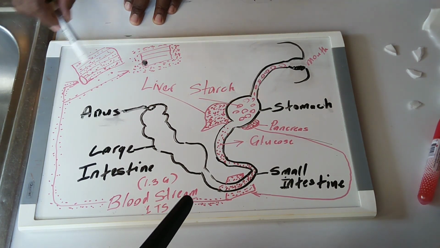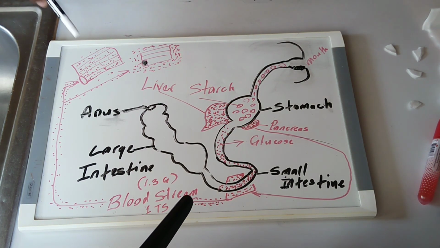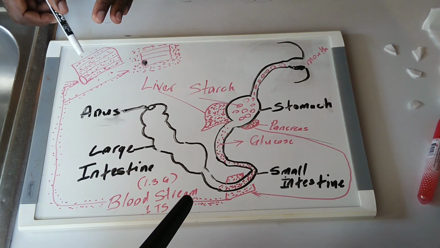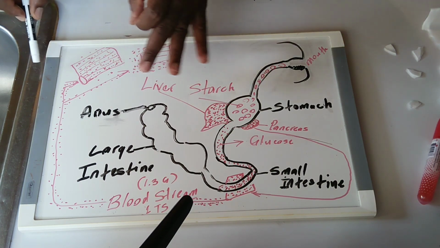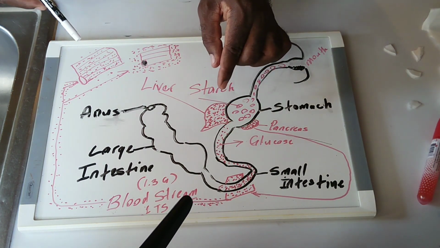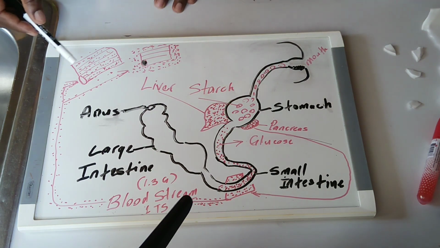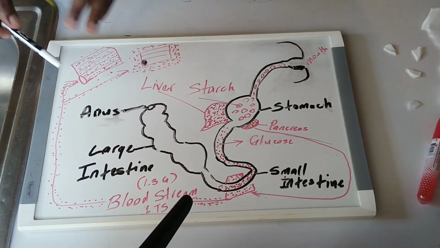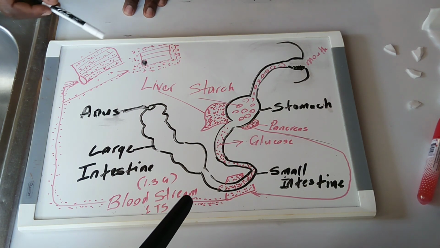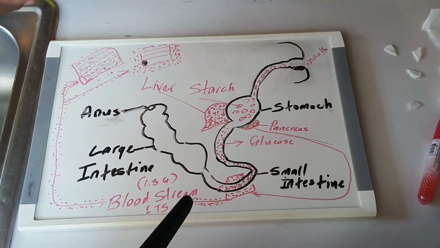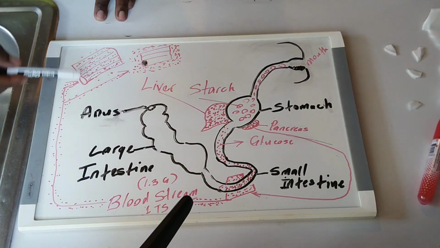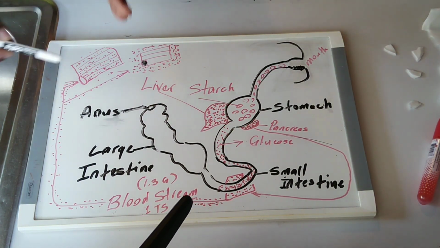I am not using the sugar in my muscle for any energy right now, unless I am running like Usain Bolt, where you have to have a lot of stored glycogen in the muscle. So I am using sugar within my blood now. But as soon as sugar within your blood is low, sugar in the muscle is released, or in the liver, because the liver stores sugar as glycogen as well. So this is what happens in a healthy human being who doesn't have diabetes. The pancreas produces the insulin, which is like a key, and the insulin receptor cells on the muscle open, take the sugar in and store it.